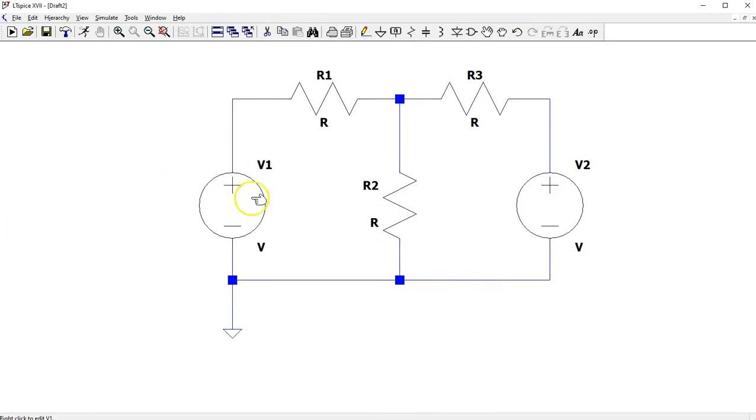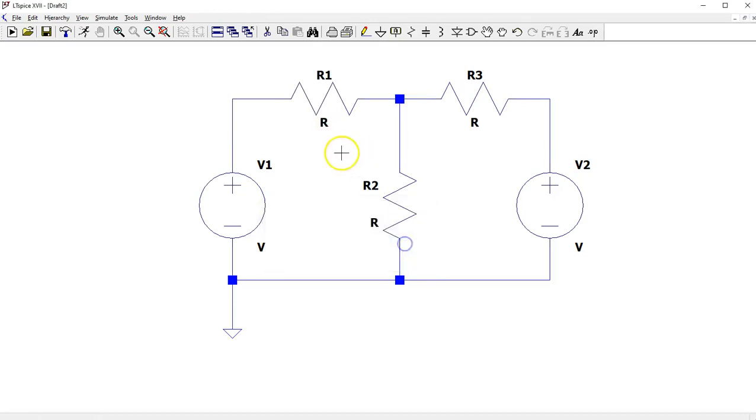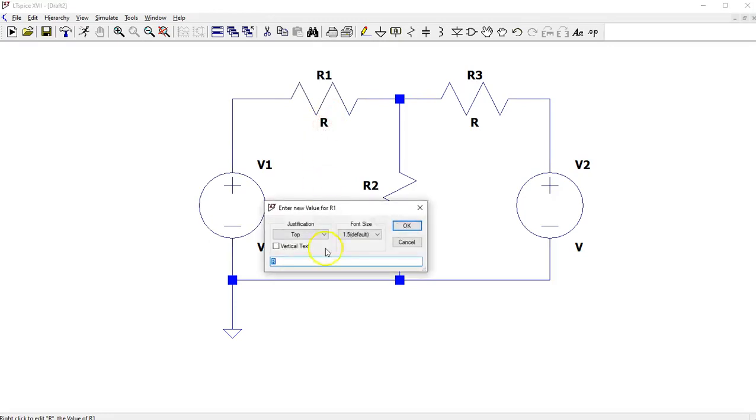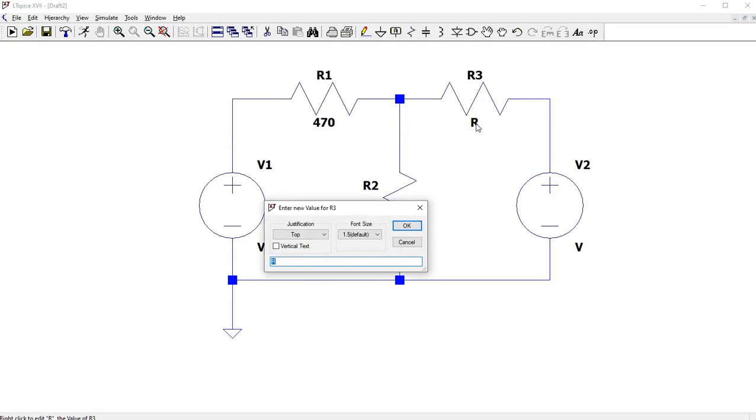Now I need to put some values in here. Let's do this one more time. Right click of the mouse on the R will bring up this, and then I can just type 470, and that'll be 470 ohms. And this one, right click, and this is going to be 1.5 kilo ohms. So 1.5